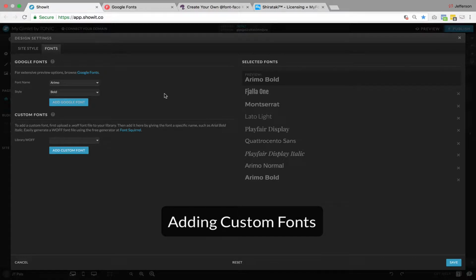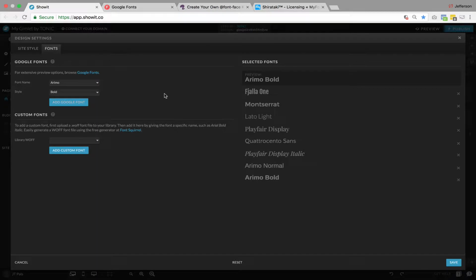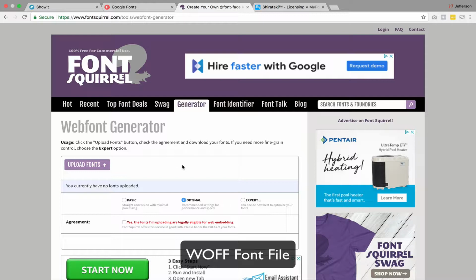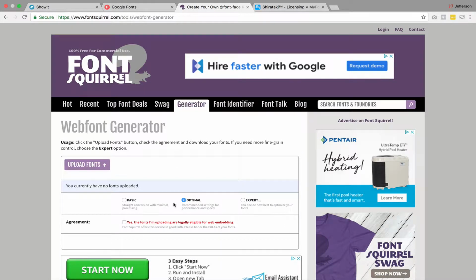If you are working on a custom project where you want to be able to import a specific font, a commercial font that you're purchasing or one that you're converting, you can follow our custom font settings here. So there's a link to this Font Squirrel, which is a web page where it will generate a WOFF font file for you. So you can upload a font, you can just use the basic conversion and it'll give you